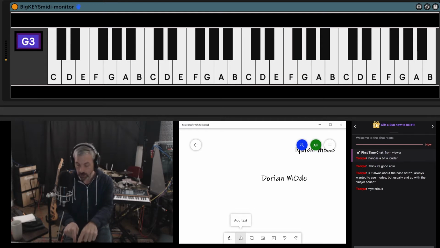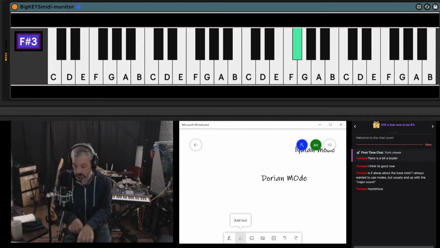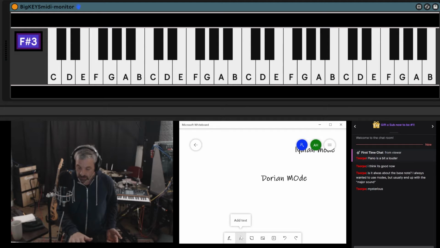So when we're talking about going down a half step, we talk about flattening the note. So if I have a G and I want to alter it to this F sharp, I flatten it a half step. But if I have an F note and I want to alter it to F sharp, I sharpen the note. So sharp is up, flat is down. And as you can see, because of the way at least the piano keyboard is laid out, it's easy to see how these